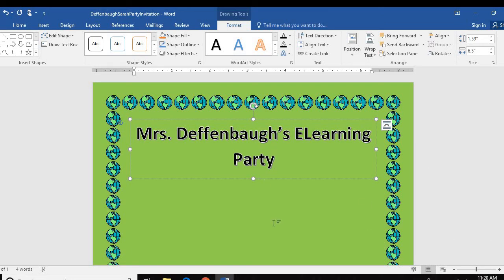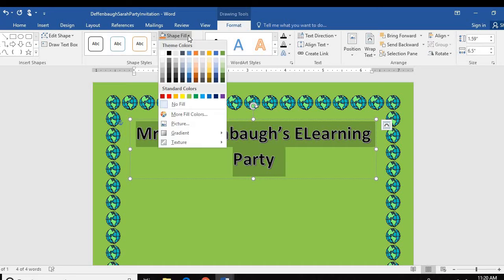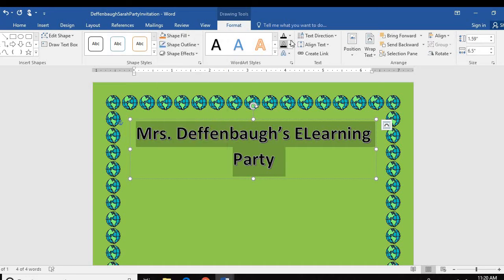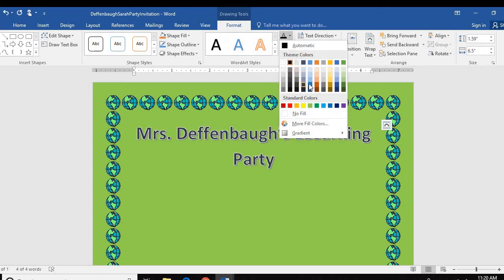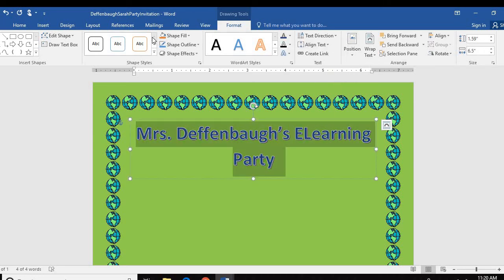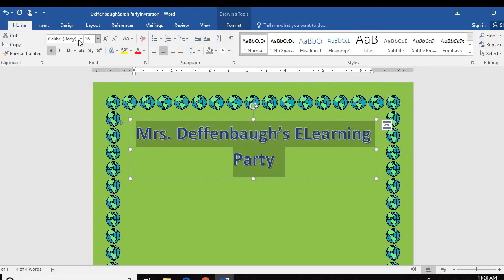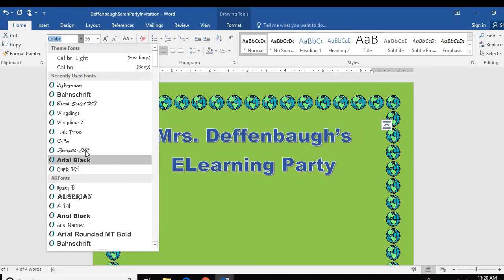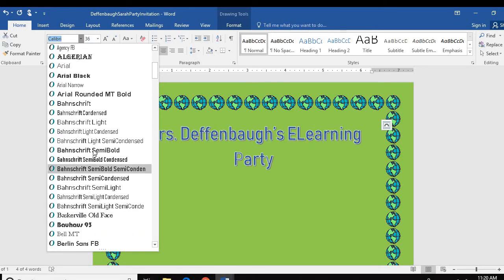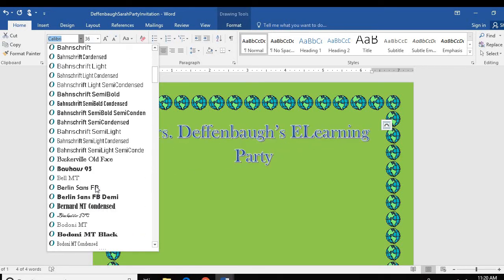And so I can go ahead and change the font and make this look cool. Change the color if I want to by just selecting this. I can change the different color. So maybe I'm going to make it blue. I don't like that font, so maybe I'm going to jazz it up with something fun. Not super fun there, but